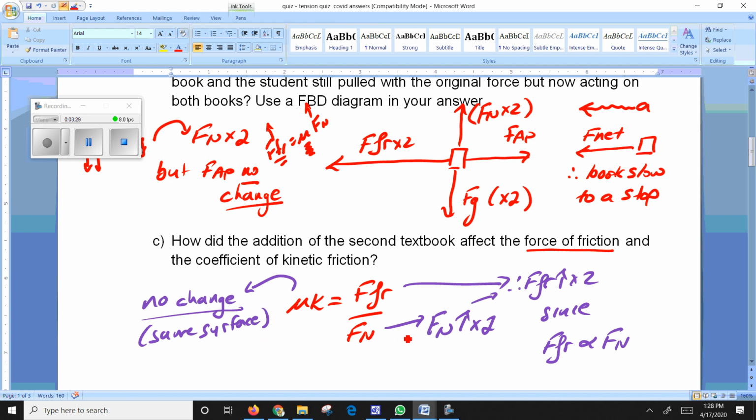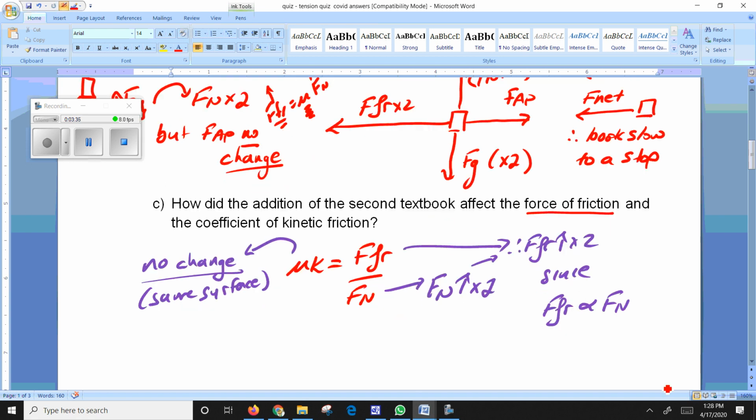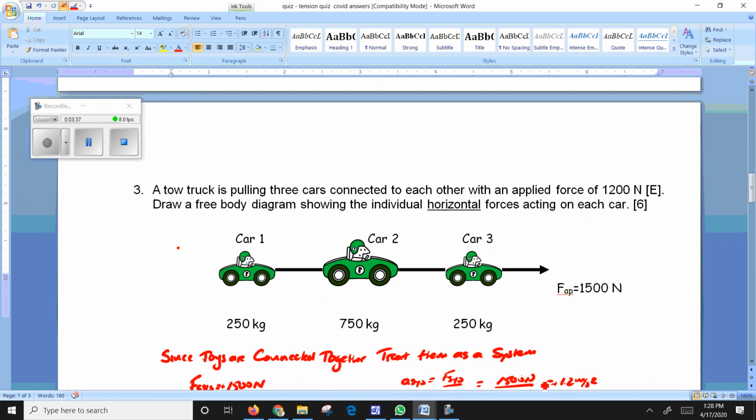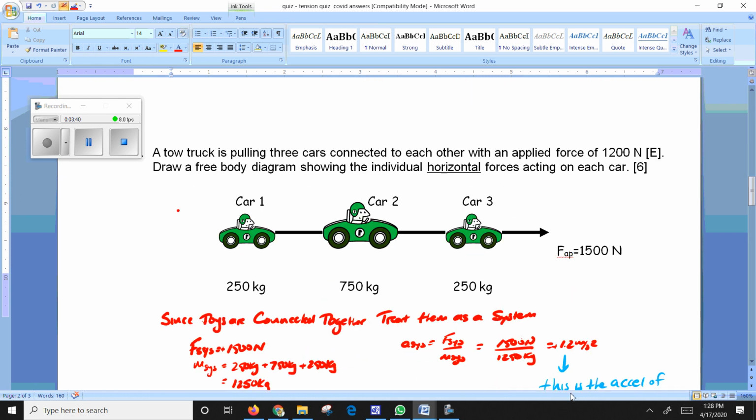The normal force is going up, so friction force is going up as well. We previously talked about that because they're directly proportional to each other. All right. Now, for the actual problem down here, problem solving, you have to remember when you've got these objects